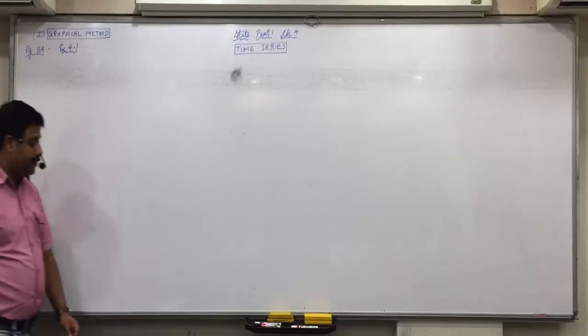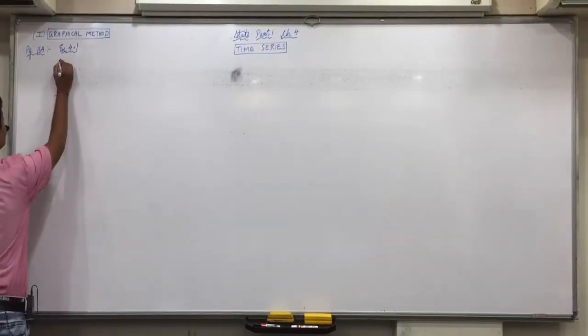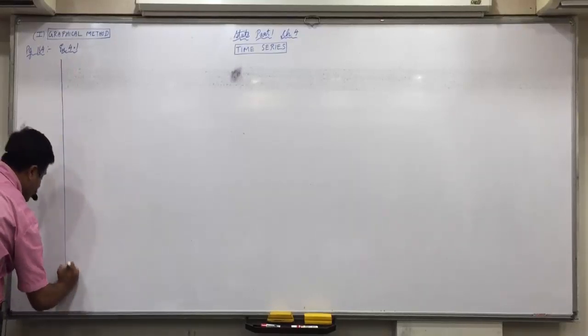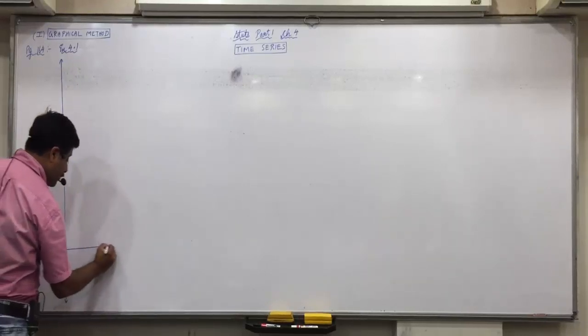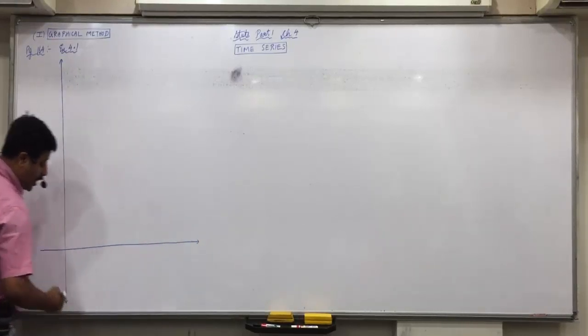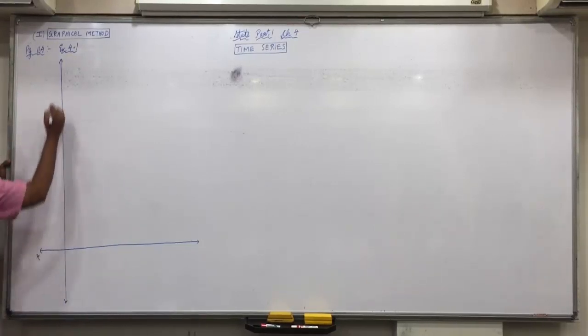So write down, make the axis. We are doing it in the notebook right now. If you get graph papers in exams and board exams, better, you'll do it with accuracy. If you don't get the graph papers, you must be capable of doing it in the notebook. We'll be doing it in the notebooks only. But in exams, most probably they will provide you the graph papers. So this is the x-axis, this is the y-axis.